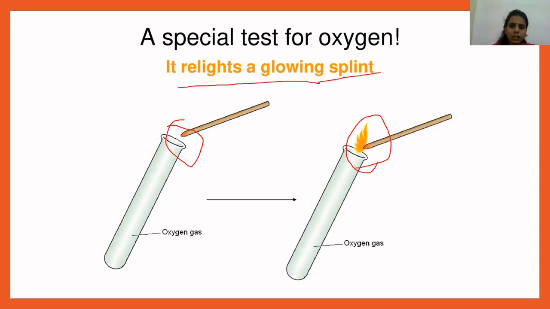Why? Because you have studied in chemistry in the lower grades that oxygen gas supports combustion. Oxygen gas is something which is required for combustion. If there is no oxygen gas, no combustion, that is, no burning can take place. Now I'll show you one video on the experiment to demonstrate that oxygen gas is produced or liberated in the process of photosynthesis.